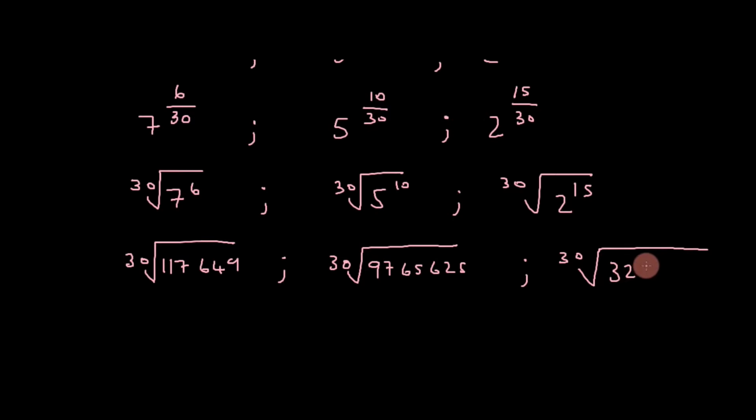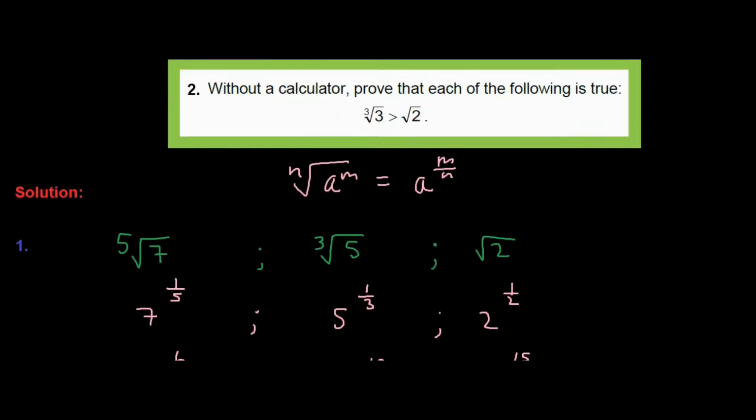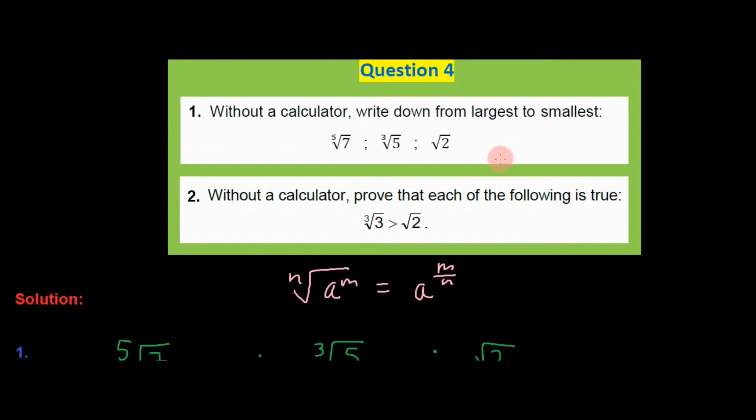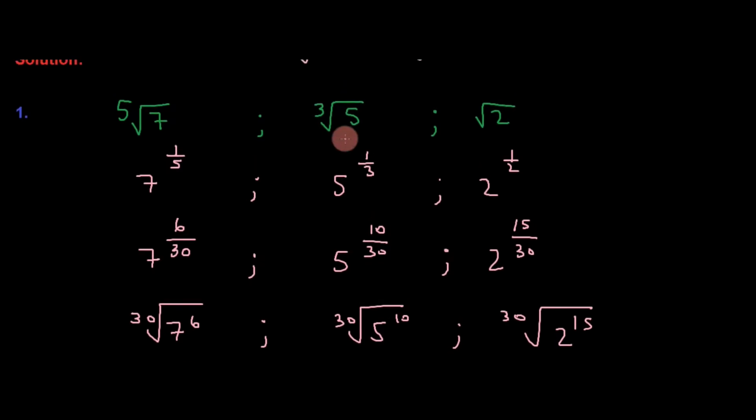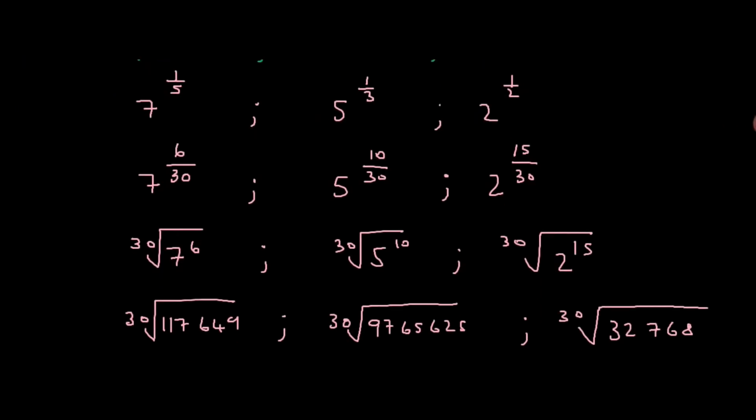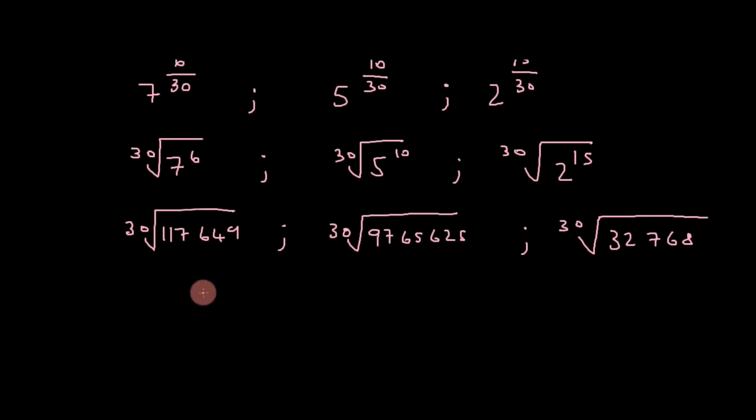So 32768. Now the question says, write from largest to smallest. So clearly the largest number under the surd is this one, and this comes from the cube root of 5. So then we have the cube root of 5, which is larger than the second largest number under the surd, which is this one,